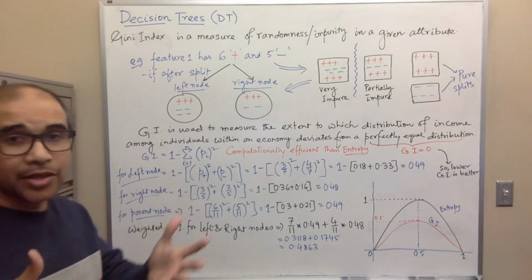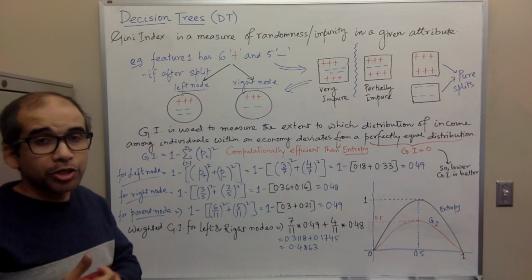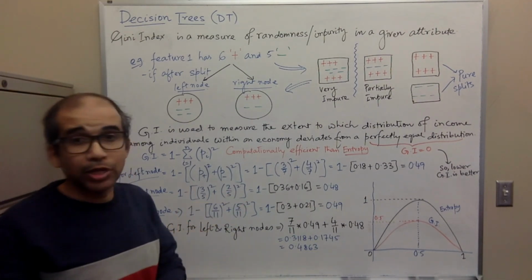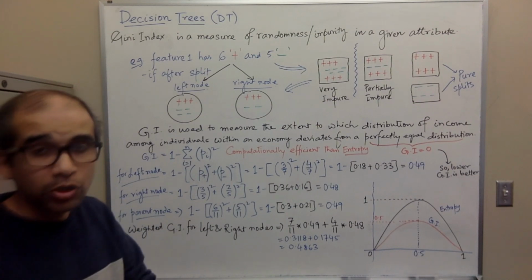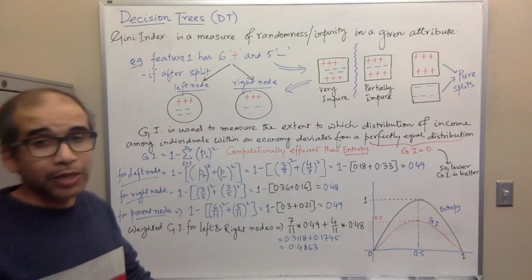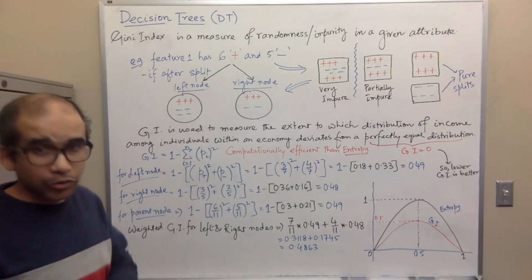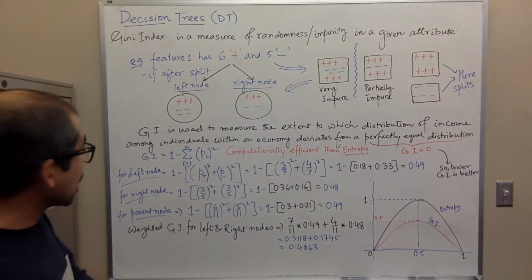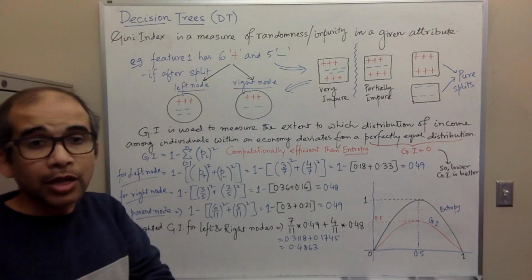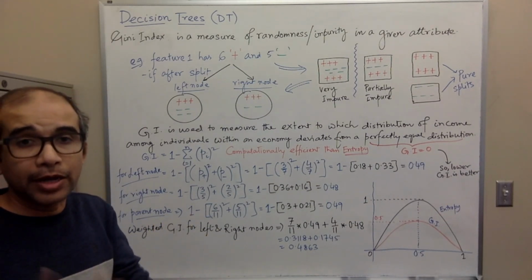Talk about another measure which is called Gini impurity or Gini index, which is also for measuring the randomness or impurity in a given attribute, and then helps to select the best attribute with respect to which we can split the data and kind of divide the tree. So it's like creating a decision node. So we take the same example on which we applied the entropy earlier, and then we apply the